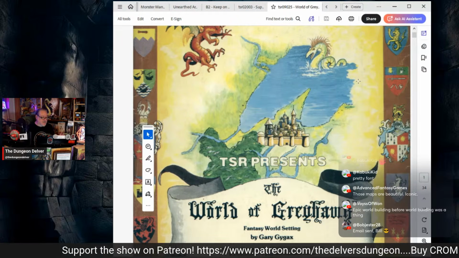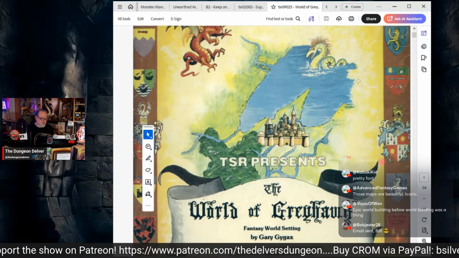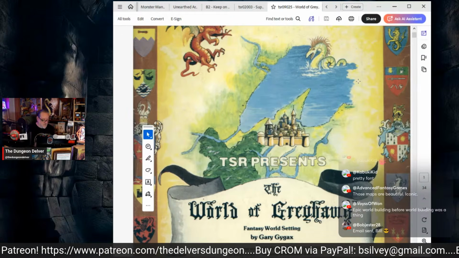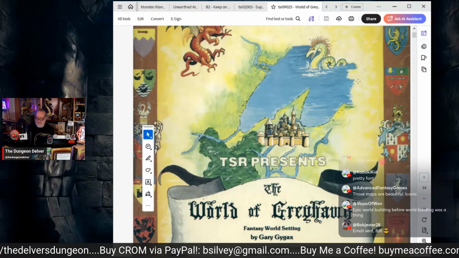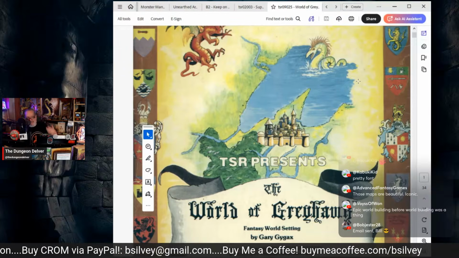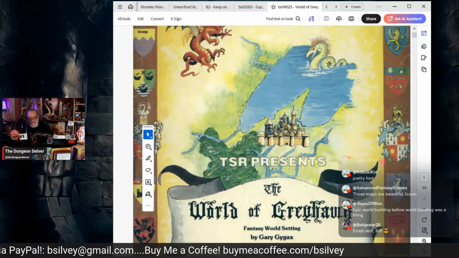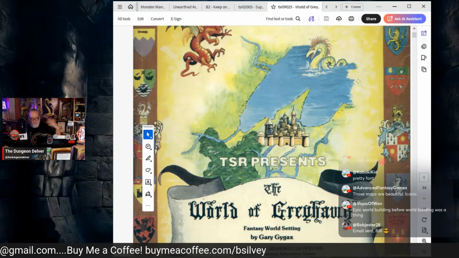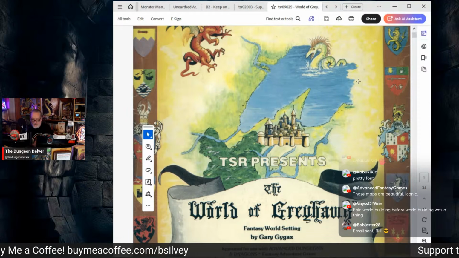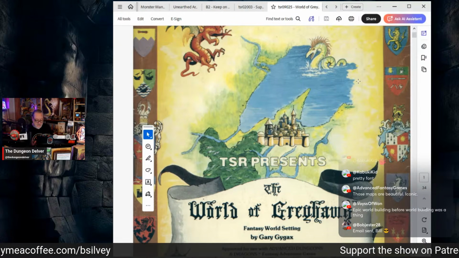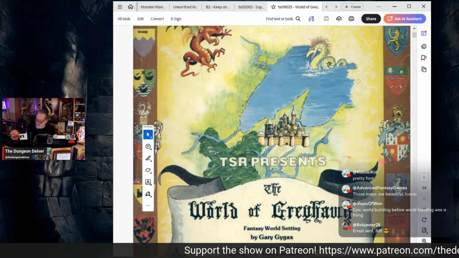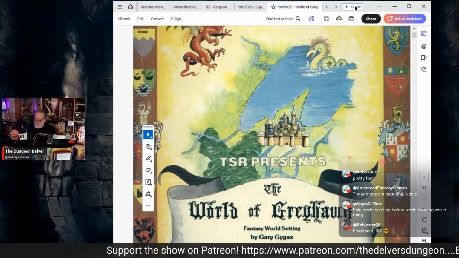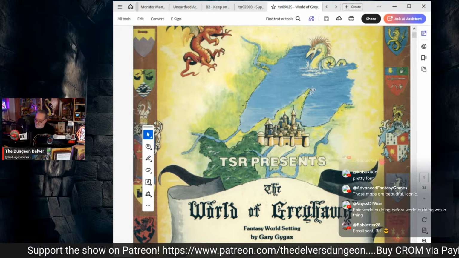So this is kind of lean on the ground. It's not terrible, but again, there's no real adventures in here. As if you needed individual modules when you got an entire adventuring world. But in 1982, oh,